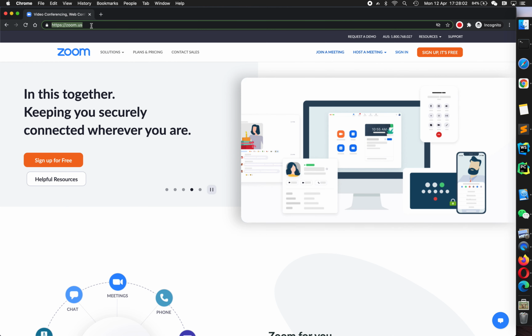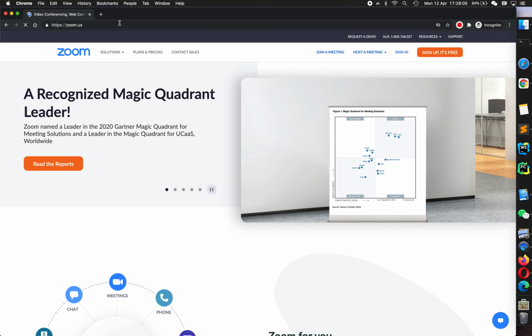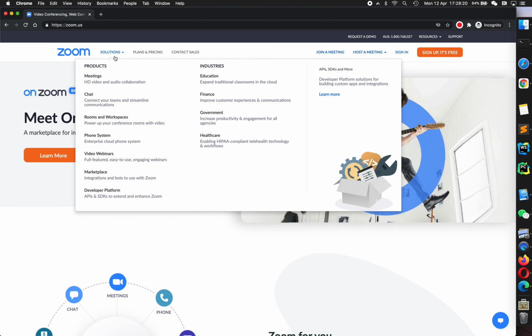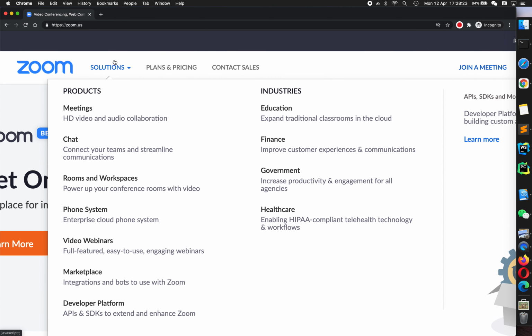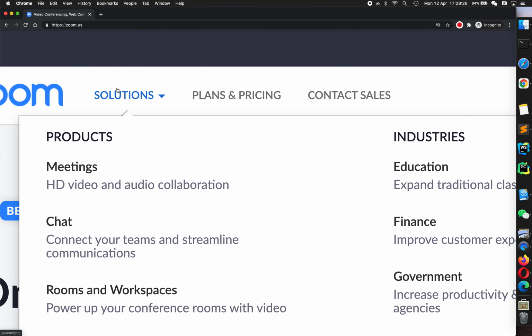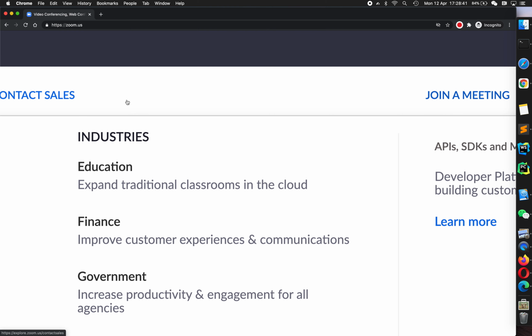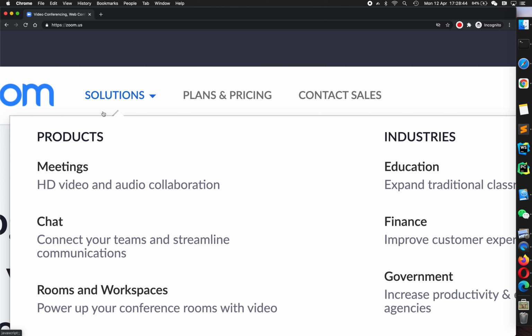So if you go to zoom.us, or if you like, you can go to zoom.com, and then it will redirect you to zoom.us. On the top navigation bar, you see that there's a solution tab, and then if you hover your cursor onto it, you see that there's a pop-up dialog that displays all their solutions, right? They've got products, industries, and so on. If you zoom closely,